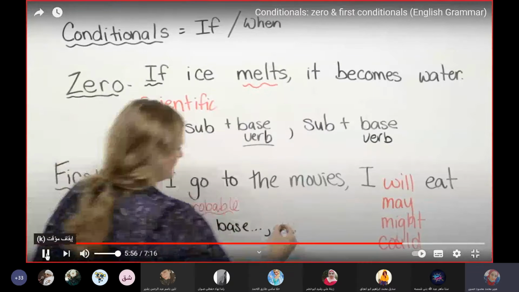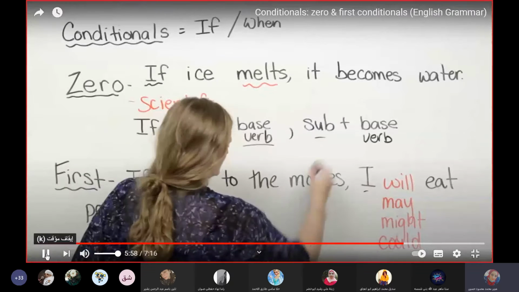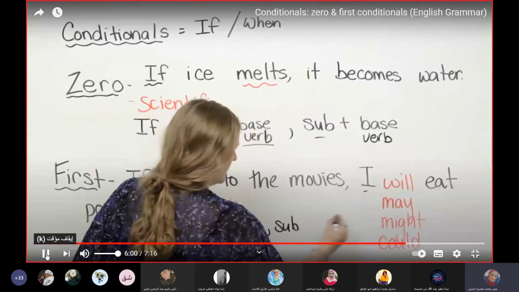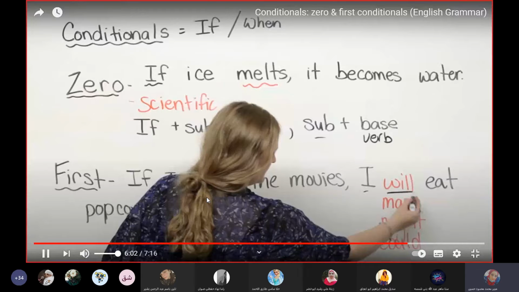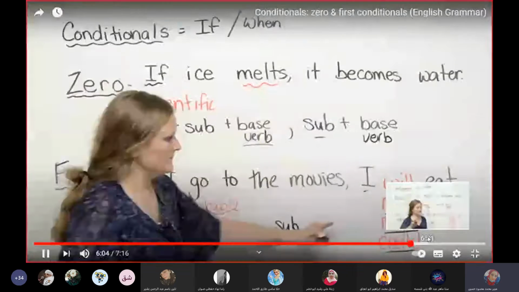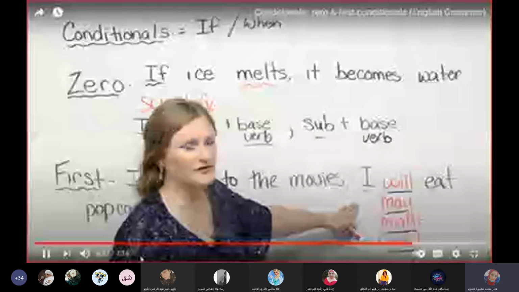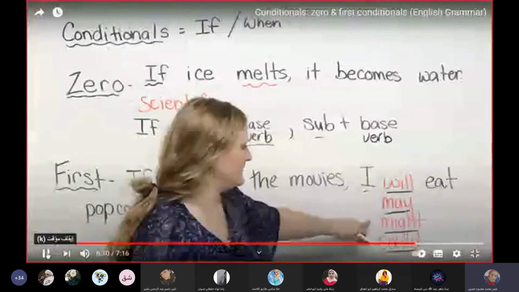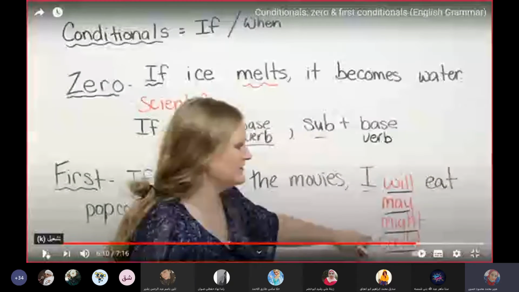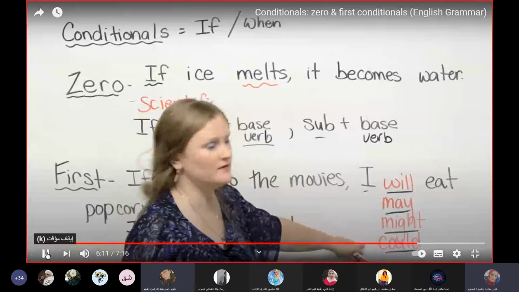Then again we have subject. Well, and what are these guys doing here? Oh no! These are called modals. The modals in English are will, may, might, could. These are called modals. In the zero conditional, we